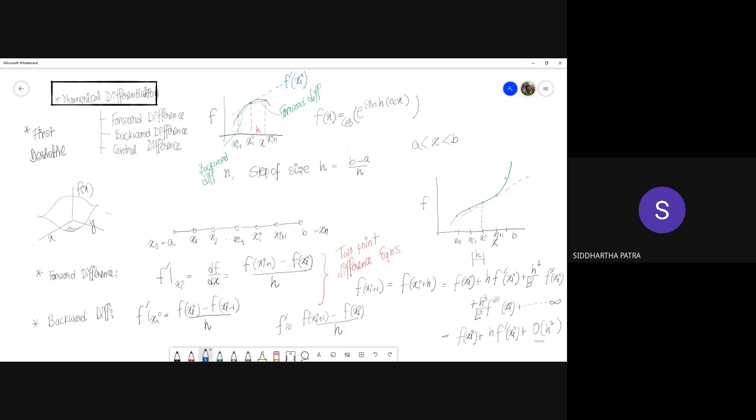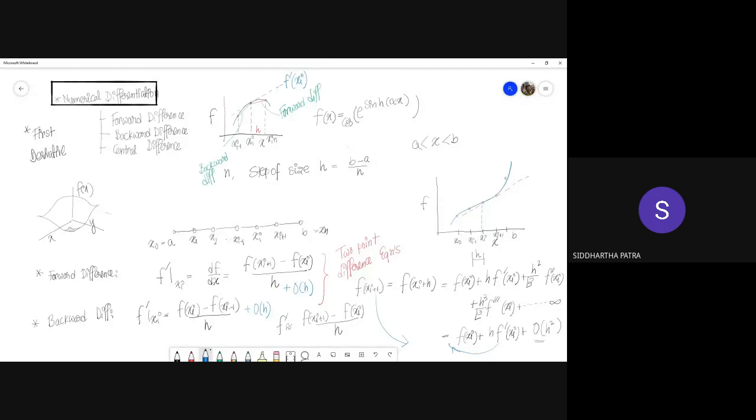Now one thing I forgot to add here. When you take h times f prime towards the left and bring in f of xi towards the right, and then divide both sides with minus h, you'd get this expression plus order h, which means this f prime that you are calculating using either the forward difference or the backward difference method has a truncation error of order h.